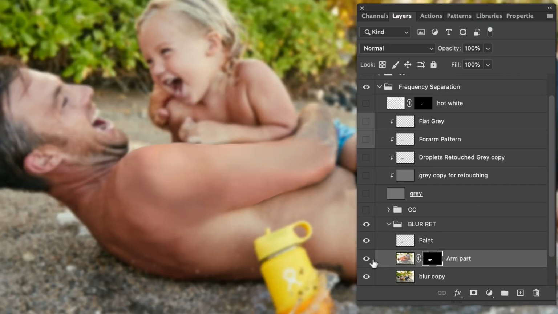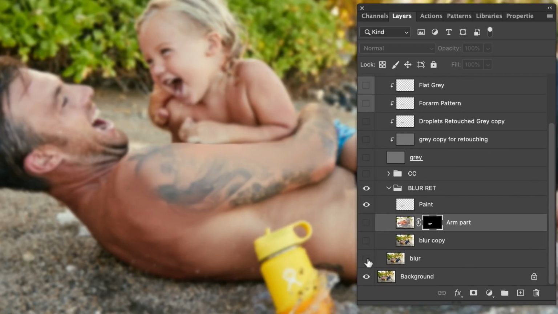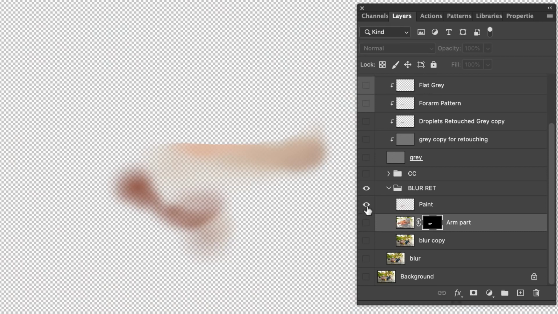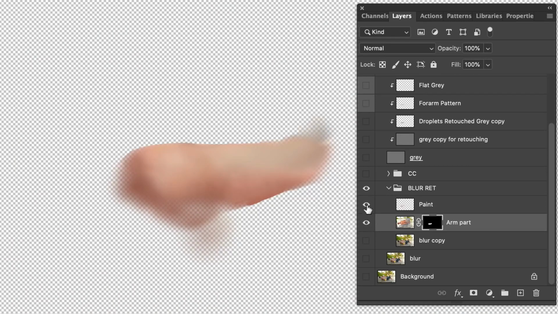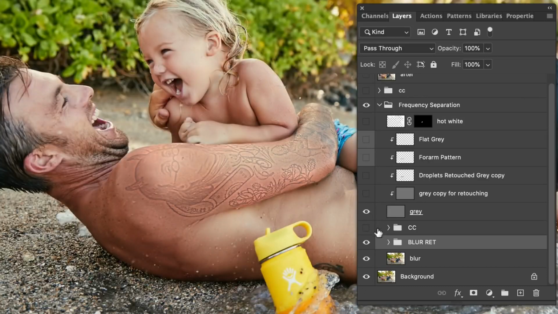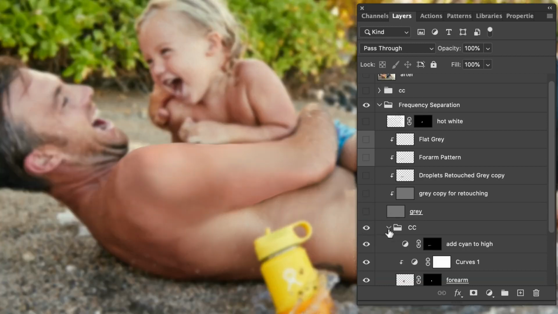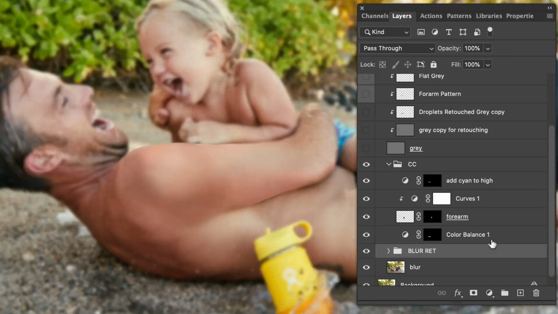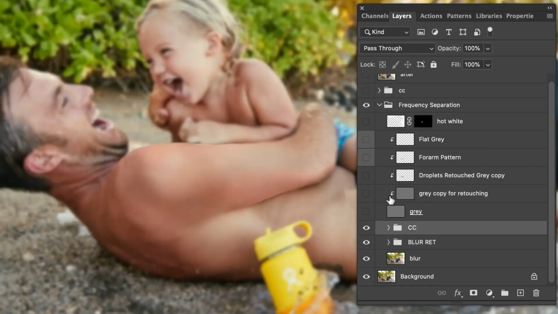And that started to get me my form. And then what I did is I added paint on top of it. So let me just show you that paint layer here with nothing else. So that's just some extra paint. So there's the guy's arm and some extra paint on top. Now the color wasn't right. I knew the color wasn't right, so I had some trouble. There's my gray layer. You can see all that detail. So I had to add some color correction on the forearm